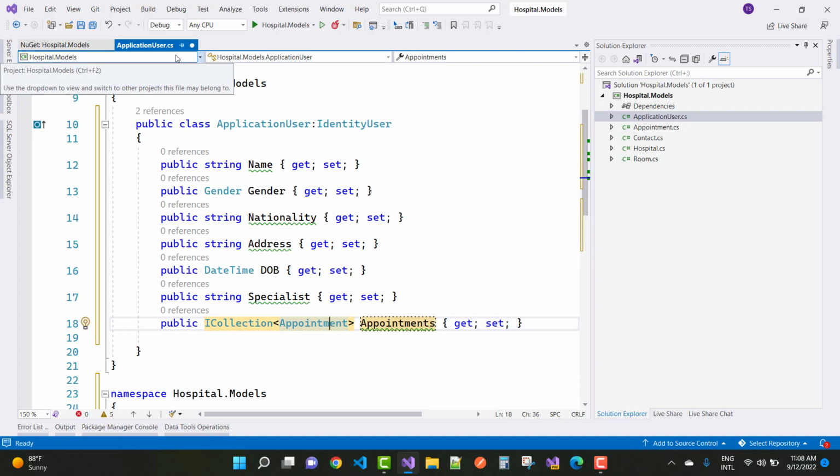So here you can say that an ICollection of appointments, an application user has appointments with the appointment table. So okay,